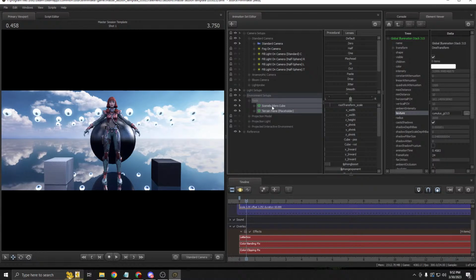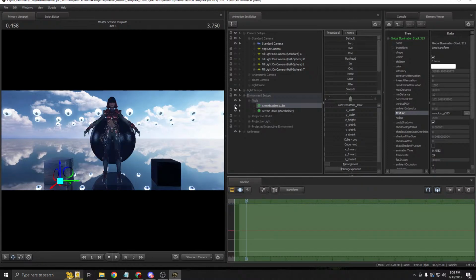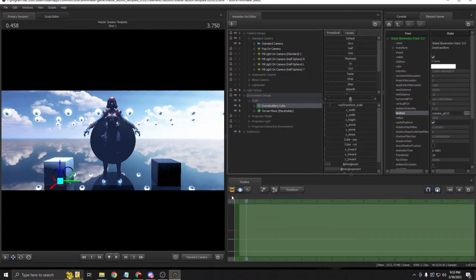And one of these tools is called the Scene Builder's Cube. The other is a placeholder for this model that has yet to be created, called the Terrain Plane, which is in similar design to the Scene Builder's Cube. But the Scene Builder's Cube, which is this here, you saw me using it earlier, but basically you can manipulate